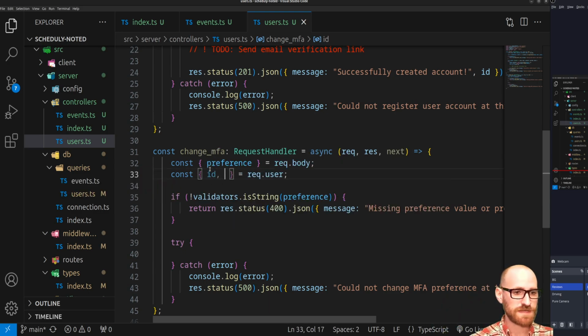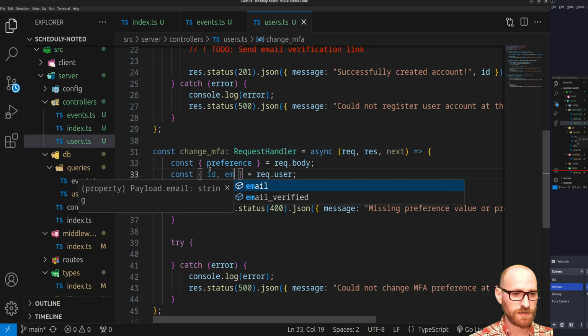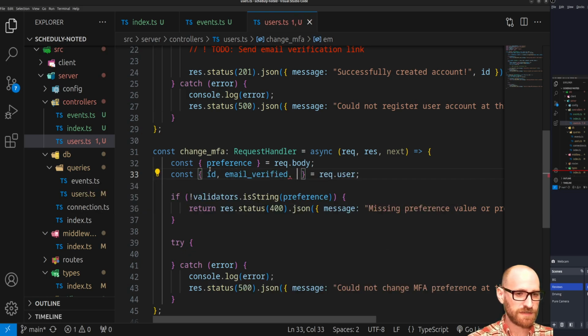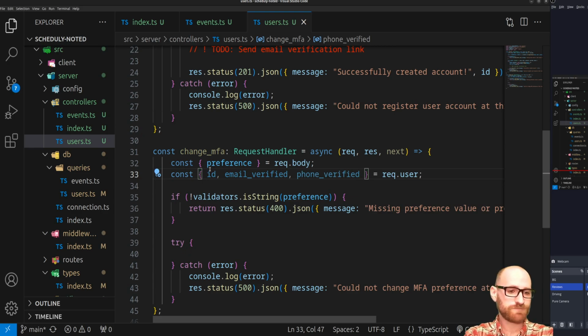We need the user's ID, and we need their email verified and their phone verified. Like I said, email verified is going to be true at this point. There's no way they can get a token unless they're verified. Phone verified, however, we'll want to send up an error and send out a new text to verify their phone